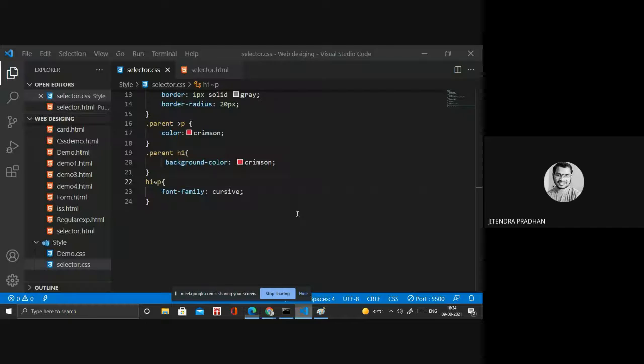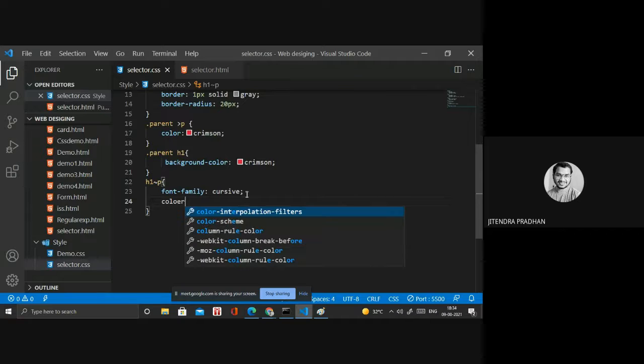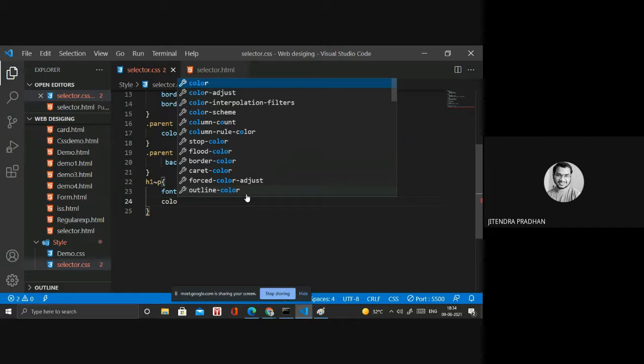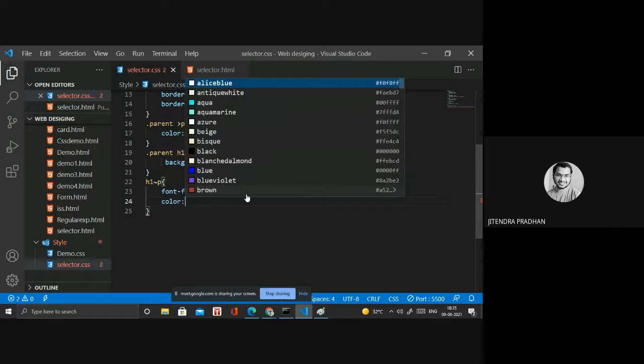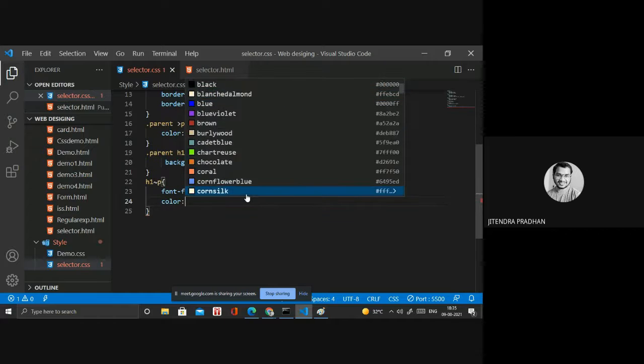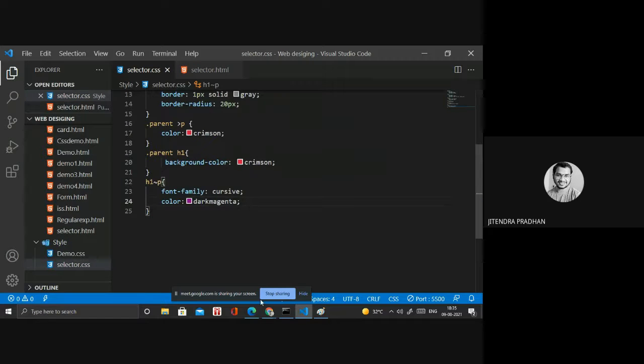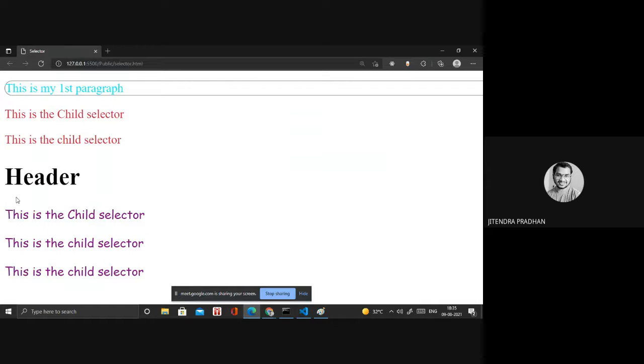Whatever I change in that particular one will be changed accordingly. Wait, I will change that one. Color, and we have dark magenta. Okay, it's changing.